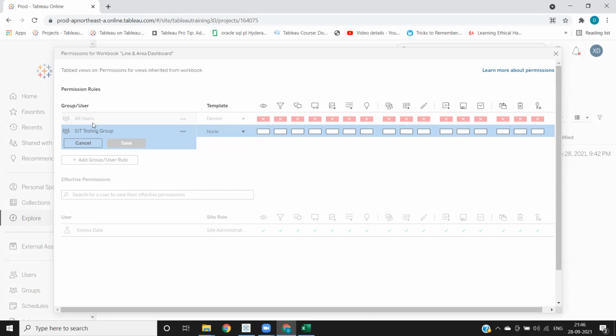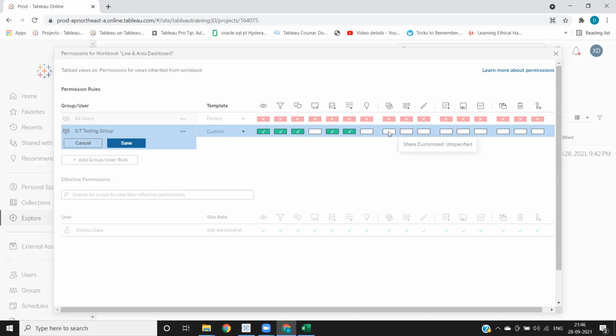I want the users in my sit group to see my report and filter it. I don't want them to add comments, though they can see the comments. I want them to download the image, and maybe download summary data as well.